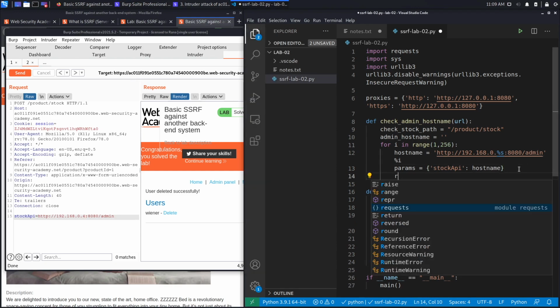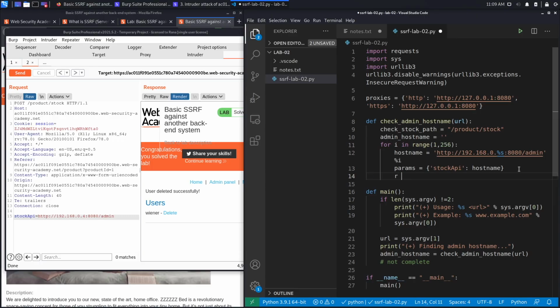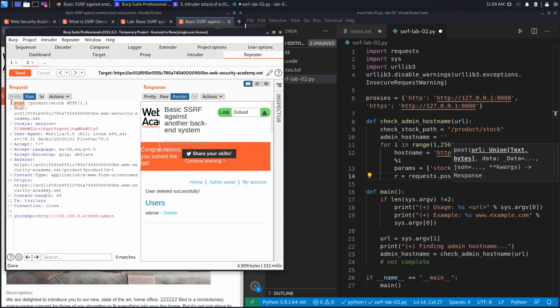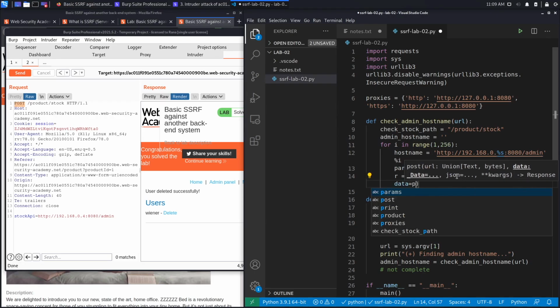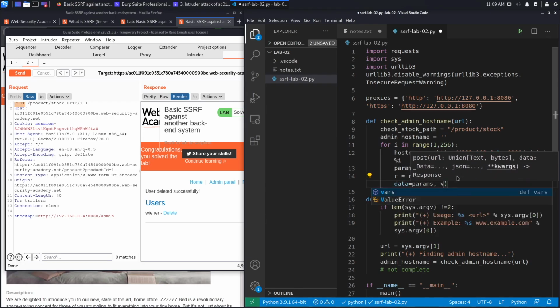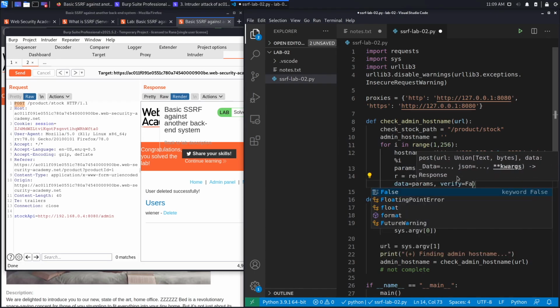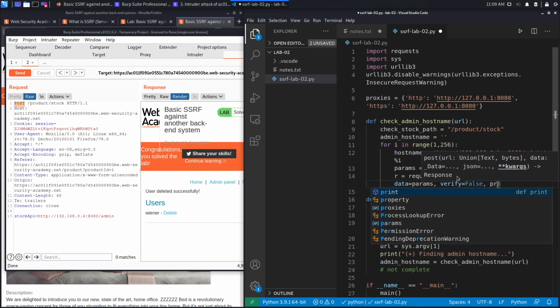So to do that, we're going to call requests.post, using a post method because it is a post request. The URL you want to call is url, which is the parameter that you give the script as a command line argument, and we're going to add the check stock path. Next, data is equal to params. Verify is equal to false because I don't want to verify TLS certificates,